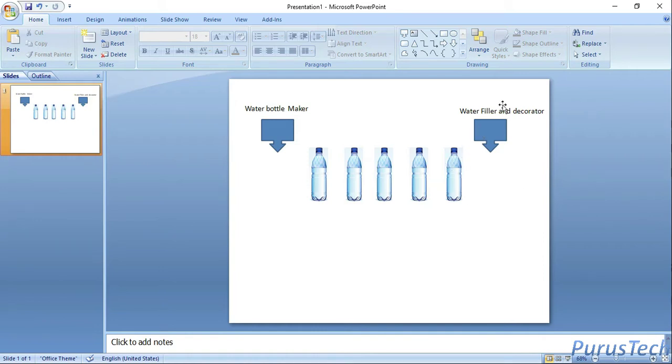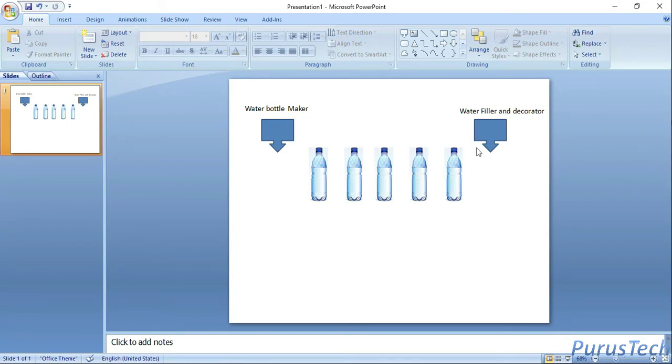Now, until the water filler finishes its job of filling water and then dispatches, this water bottle maker cannot put more bottles here for filling or decoration purposes, since the water filler can only fill 5 bottles at a time.